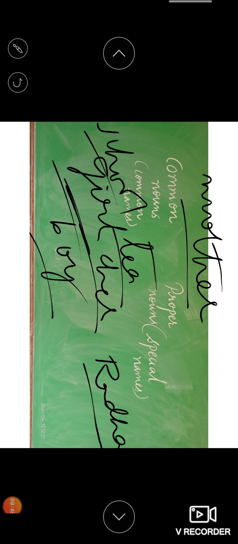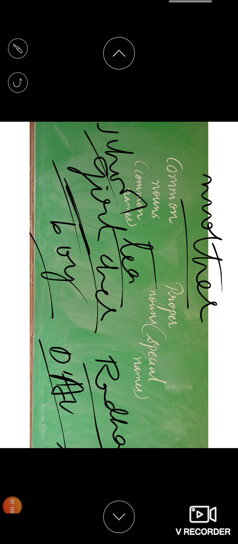In which school are you studying? I am studying in DAV Orient Gyan Mandir, you will say, right? So DAV Orient Gyan Mandir is a special name. It can be any other school also, children, because we know that there are many schools in Chitapur also, right? But when we say the particular name of that particular school, then it is a special name.